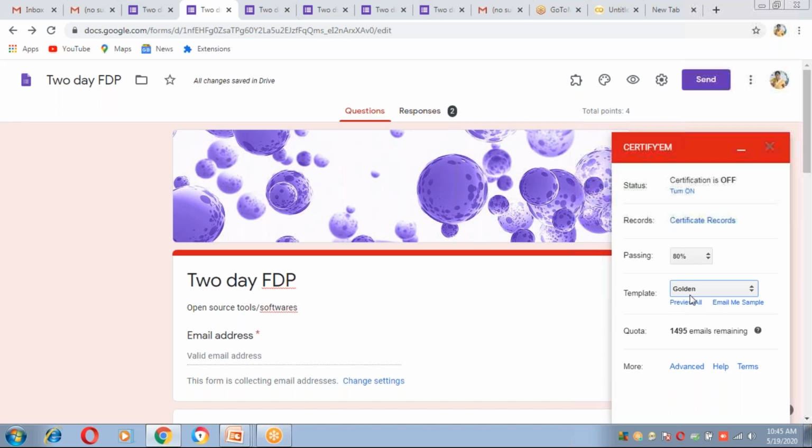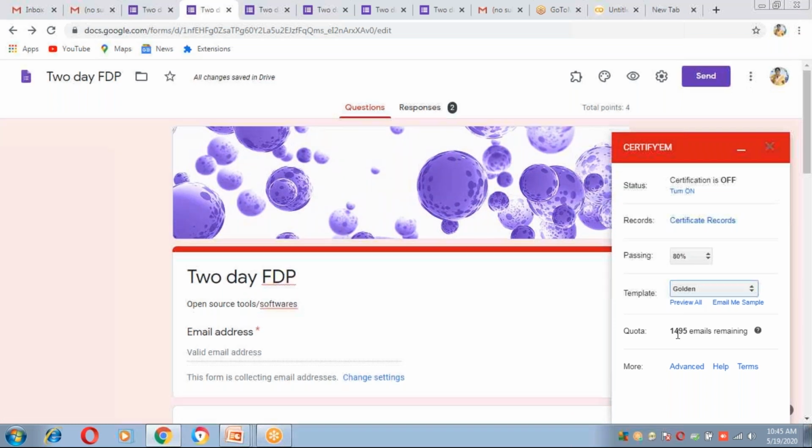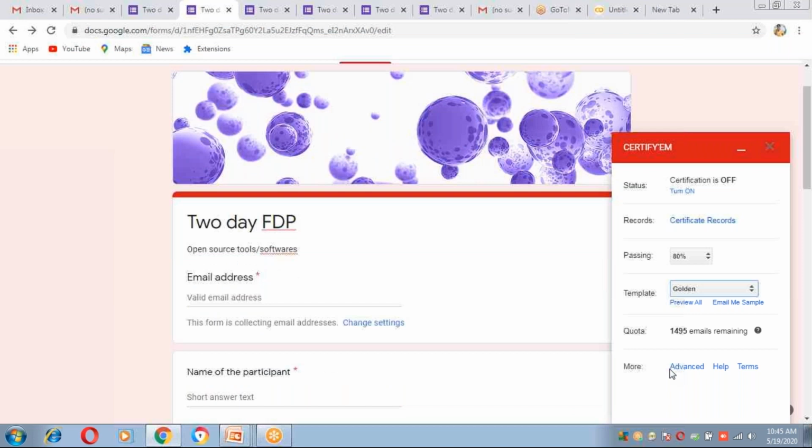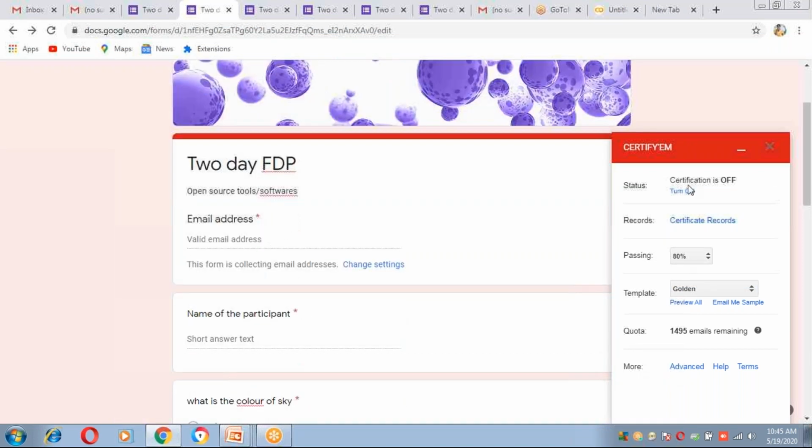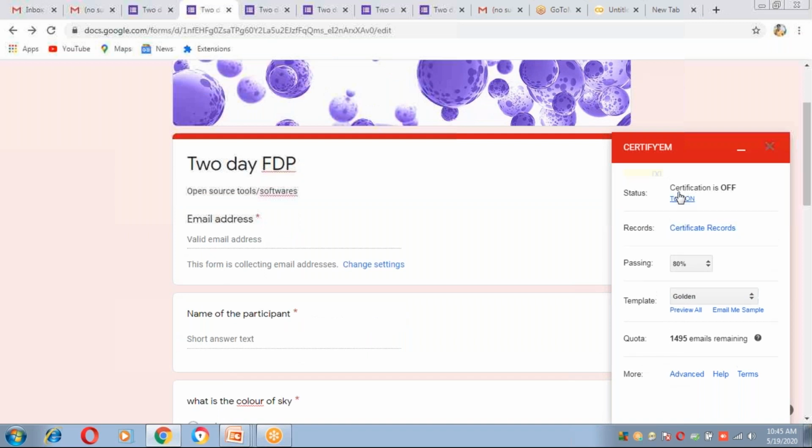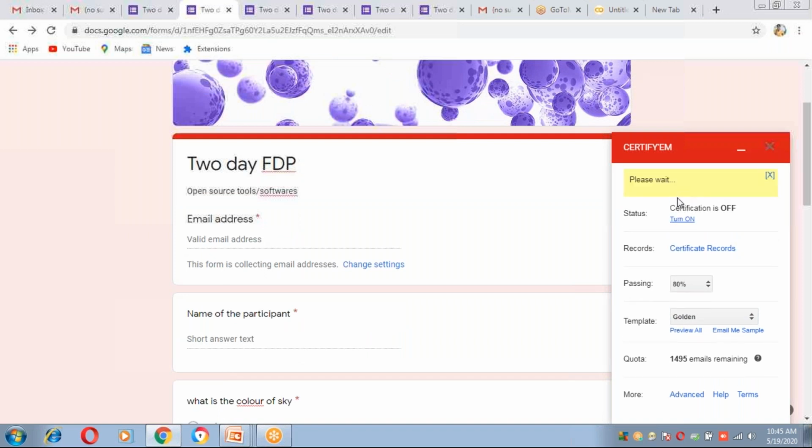If we are not willing to select that one, we can choose any other. So this is the cutoff and template. Now certification is off, so we can make it on.